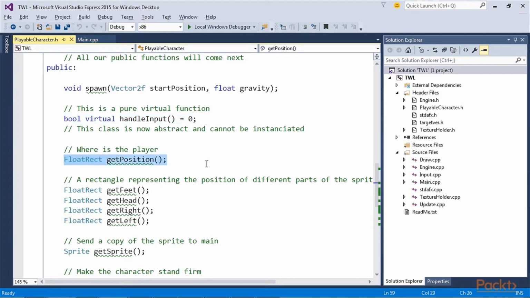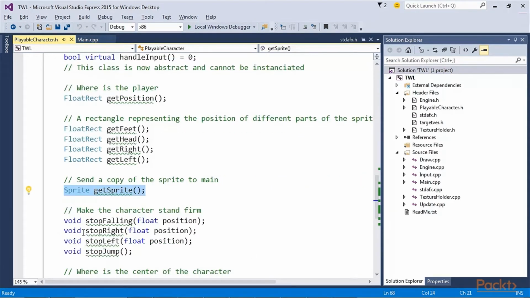There will, of course, need to be definitions in both the Thomas and Bob classes. The getPosition function returns a FloatRect that represents the position of the whole character. The getFeet function, as well as getHead, getRight, and getLeft, each return a FloatRect that represents the location of a specific part of the character's body. This is just what we need for detailed collision detection. The getSprite function, as usual, returns a copy of m_Sprite to the calling code.